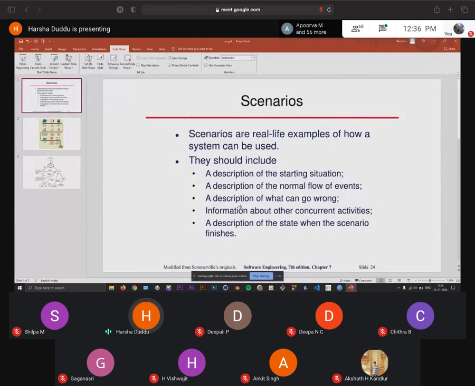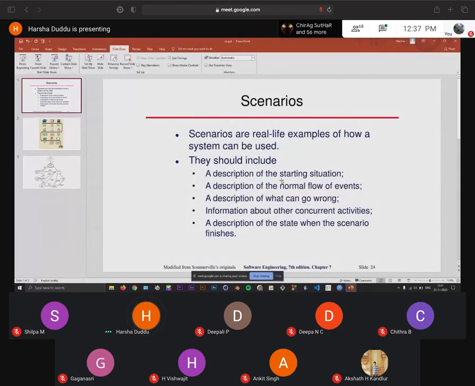Scenarios are used to add detail to the outline requirements description. Each scenario usually covers a small number of possible interactions. Together, they are combined into a proper requirements list.